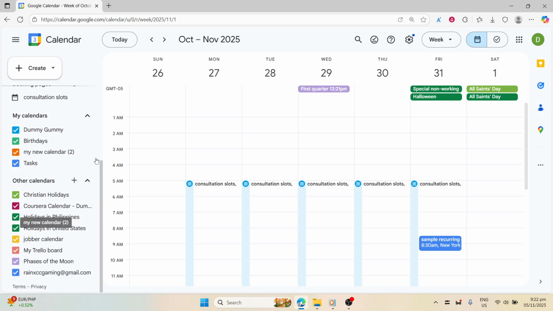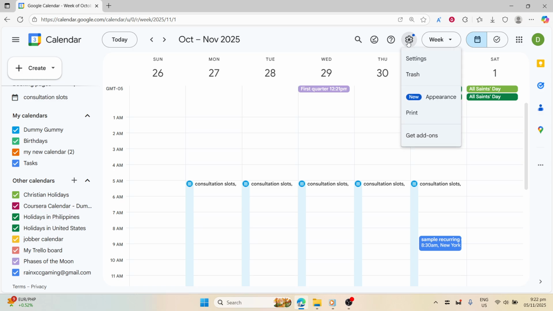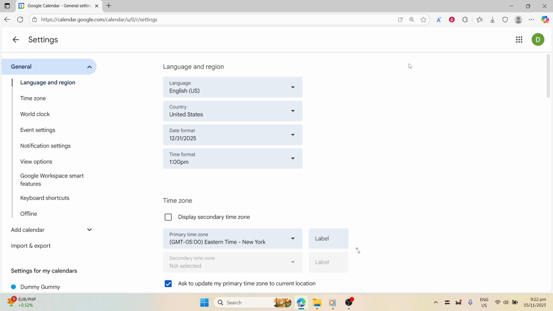First things first, you'll need to open Google Calendar in your web browser. You can do this by entering calendar.google.com in the address bar. Once the page loads, make sure you're logged into the correct Google account, particularly the one where you want to make these calendar changes. Upon accessing your Google Calendar, navigate your attention to the upper right corner of the screen